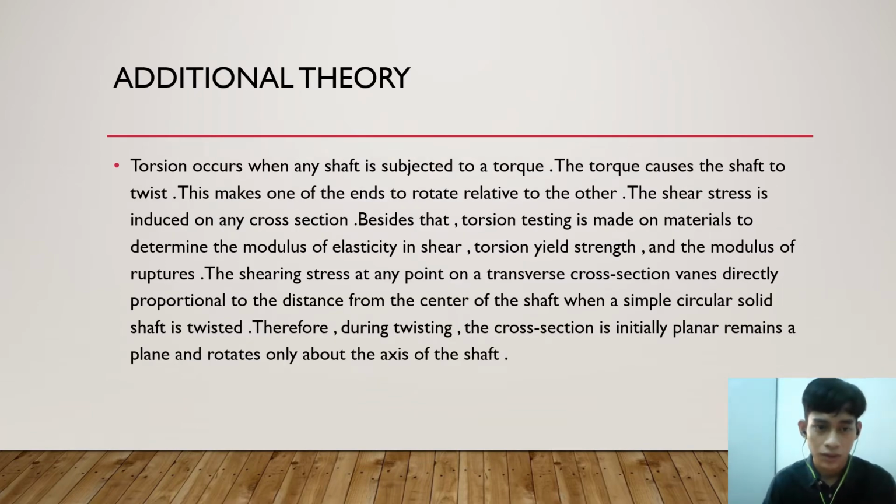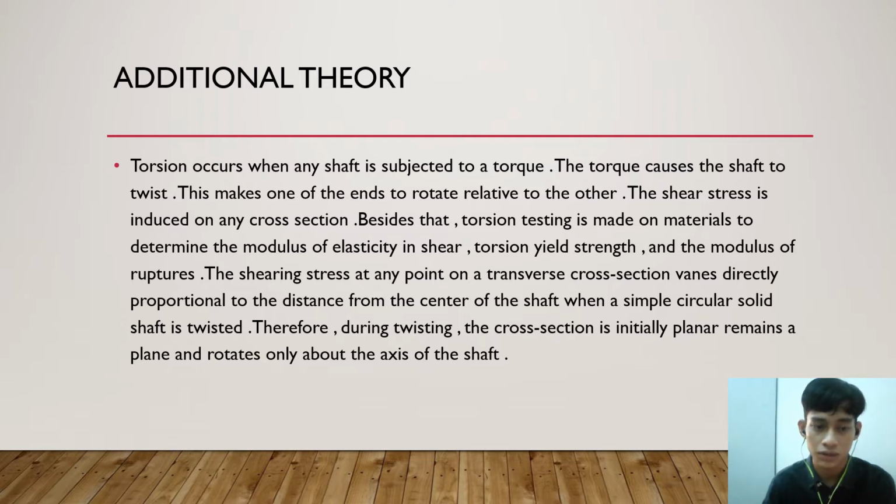Additional theory. Torsion occurs when any shaft is subjected to a torque. The torque causes the shaft to twist. This makes one of the ends rotate relative to the other. The shear stress is induced on any cross-section. Besides that, torsion testing is made on materials to determine the modulus of elasticity and shear, torsion yield strength, and